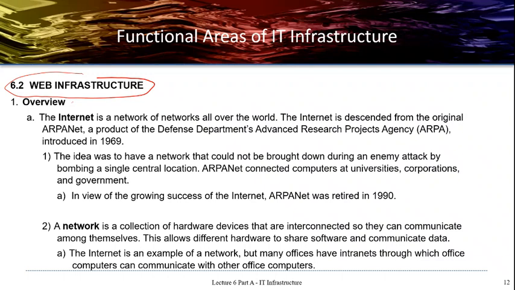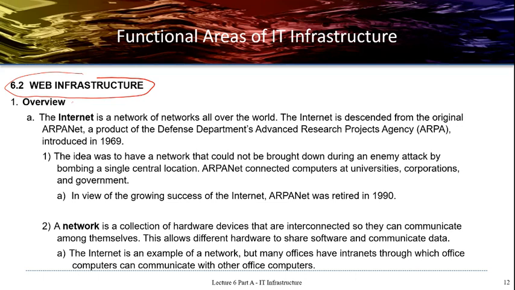So maybe the bank has a wide area network, and many wide area networks put together make the internet. The internet is descended from the original ARPANET. ARPANET is the earlier one. It is a product of the US Defense Department's Advanced Research Projects Agency, introduced in 1969. The idea was to have a network that could not be brought down during an enemy attack by bombing